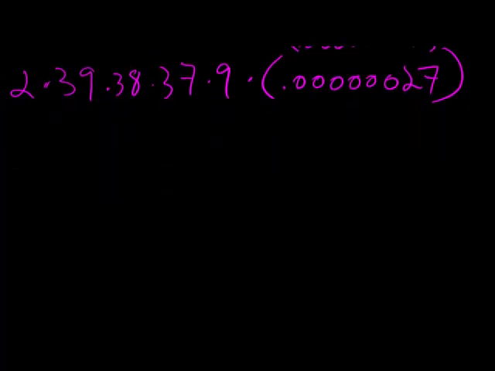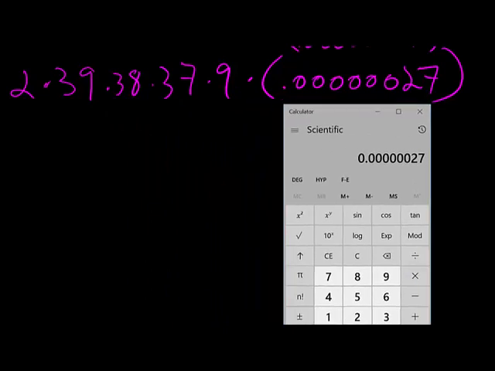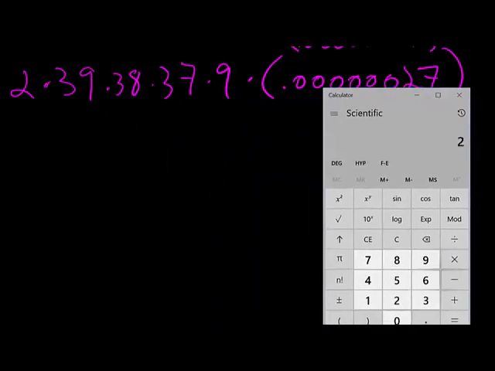That seems a little complicated, but just practice it until you get it right. Let's do that. 2 times 39 times 38 times 37 times 9 times 0.0000027 equals